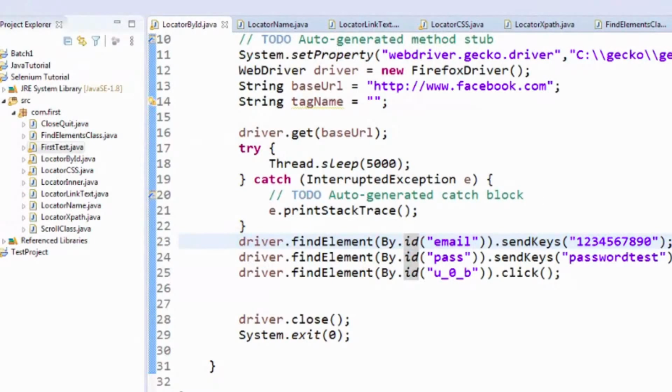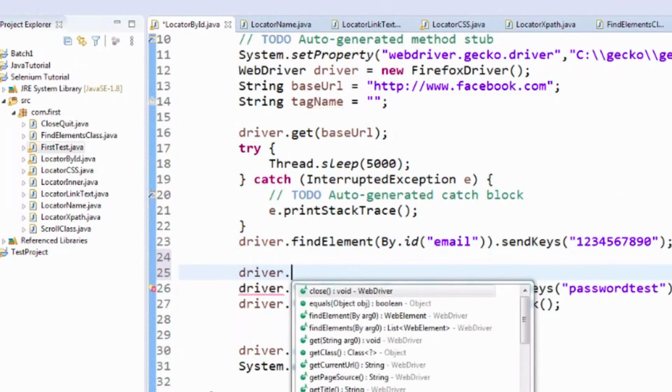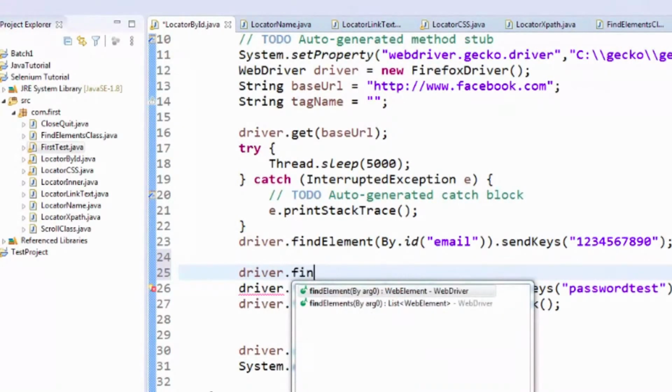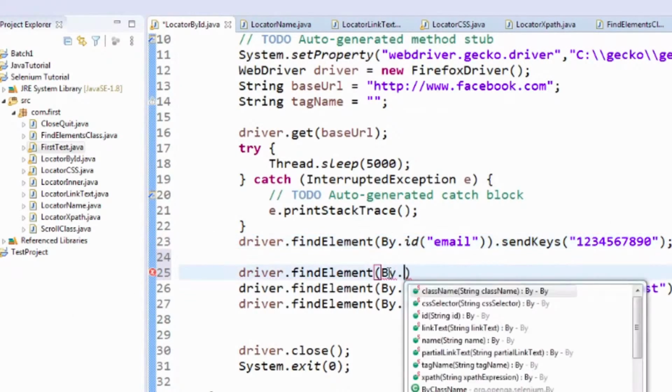Okay, let me write this line again. Driver dot. Again, driver can leverage all available Selenium functions. Basically in this scenario, I want to find an element, so I will use findElement by dot.